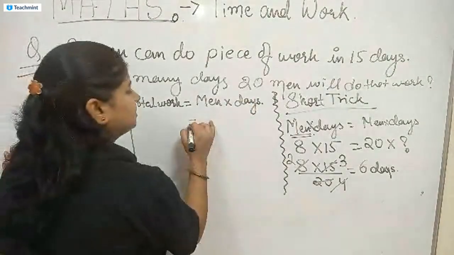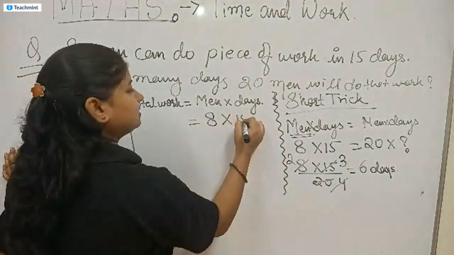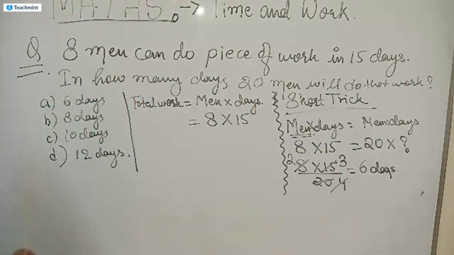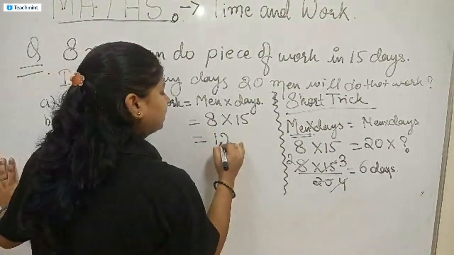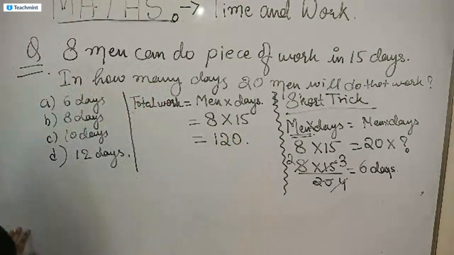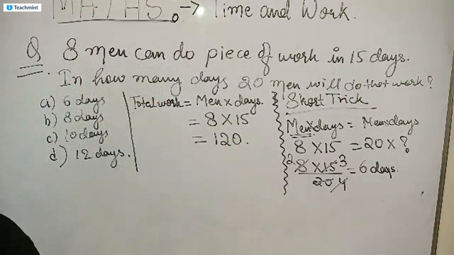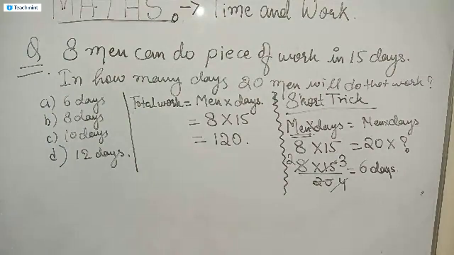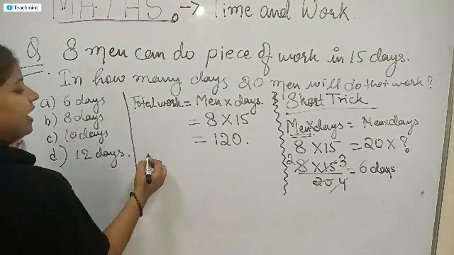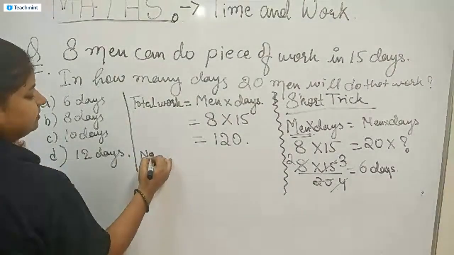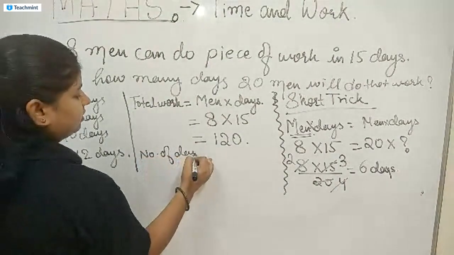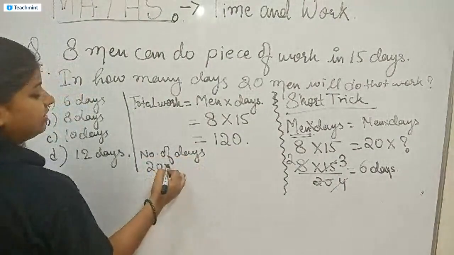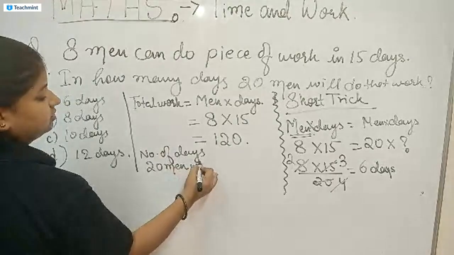So if 8 men are doing it in 15 days, that means total work is 120. Now, if you have to find the number of days 20 men will take to finish the work,